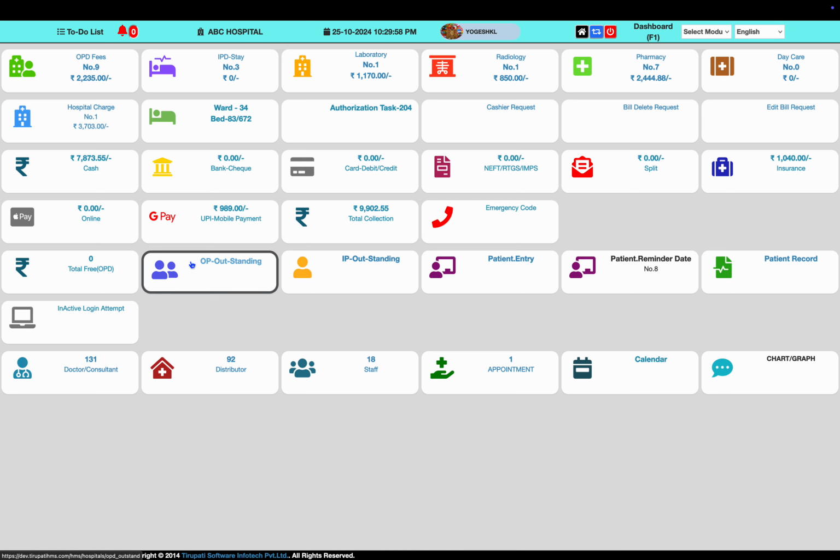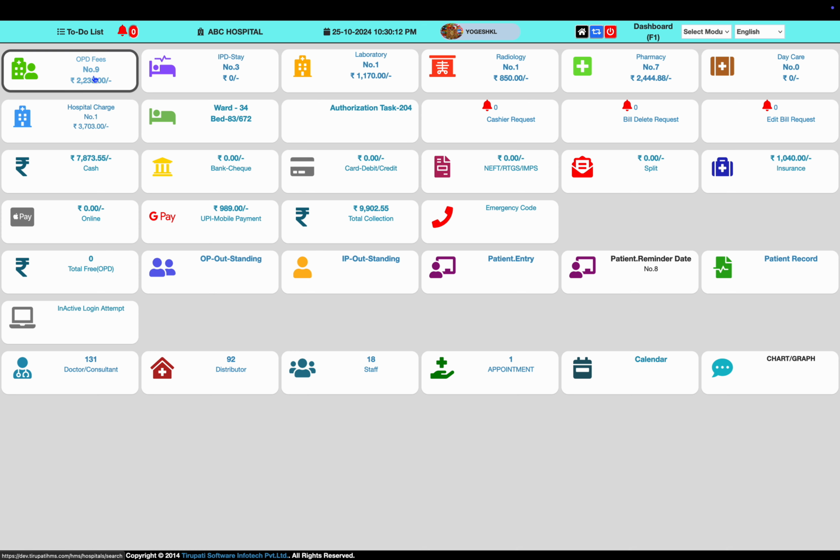Here we get the key information of the running hospital, with live updates in various departments and usage statistics. For example, we can observe how many patients are received in our hospital and the respective collection, and currency-wise IPD admissions, the number of patients, and the bed charges collection. Similarly, laboratory patient quantity and respective collection, radiology patient quantity and collection, pharmacy department patient quantity, and billing collection. This is the way we can observe this real-time collection information.